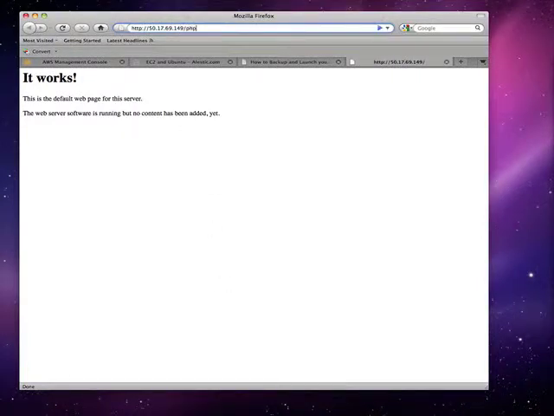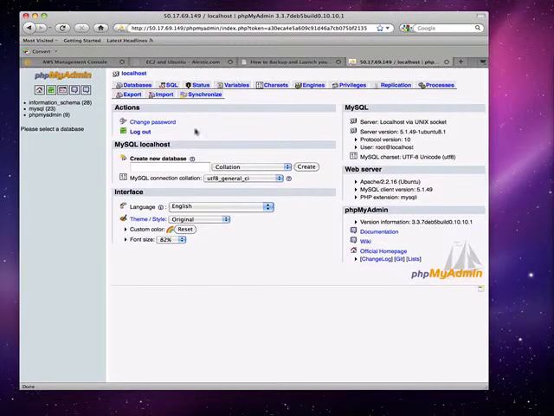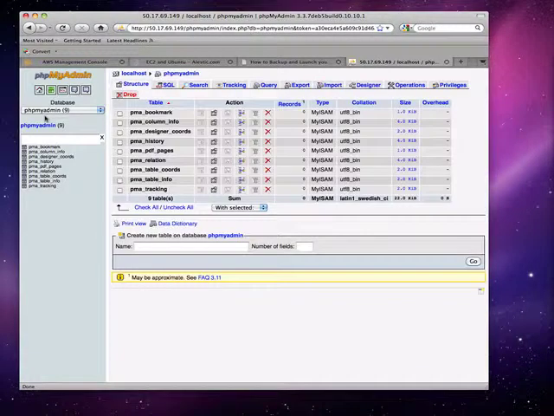How do I check that? Okay, that's the phpMyAdmin table I created. And this is all the new schema that got created when I installed phpMyAdmin.